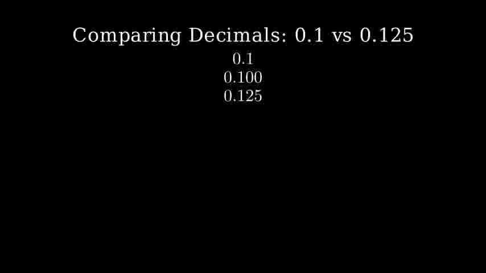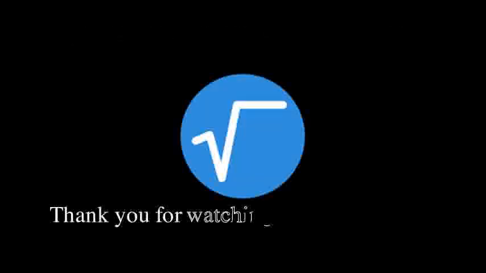To compare these two, we'll move from left to right, digit by digit. Starting at the tenths place, we notice both 0.1 and 0.125 have a 1. The hundredths place is next, where 0.100 has 0 and